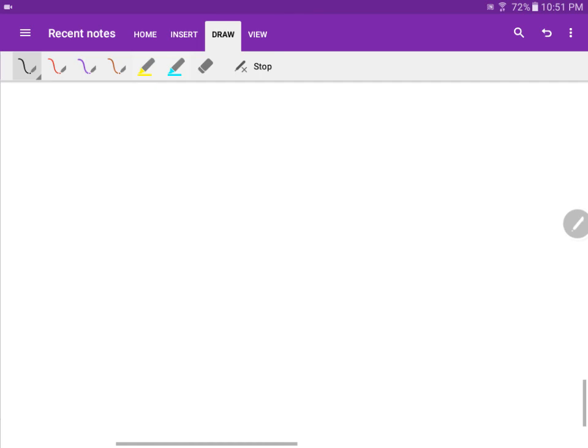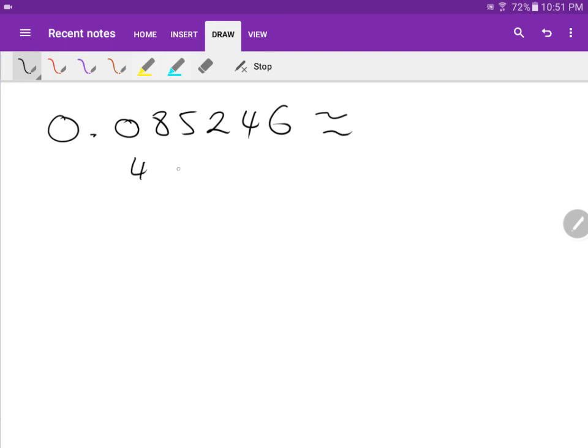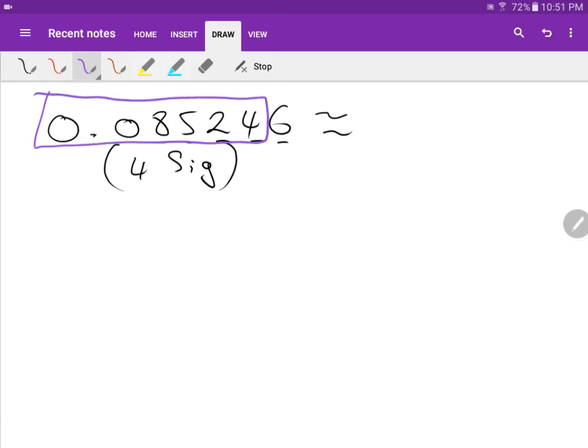Okay, let's do a couple more to make sure you get it. Now, let's say this one here. 0.085246. I want to round to 4 significant figures. If you think about it, at the moment, the 0 and the 0 are not significant, because there's no non-zero digit in front. So you only have 1, 2, 3, 4, 5. So 5 significant figures. But you want 4. So therefore, you write up to here. 1, 2, 3, 4. So therefore, your answer should be 0.08525. That's right. Not 4, because this is 6. So more than halfway, you add 1 to